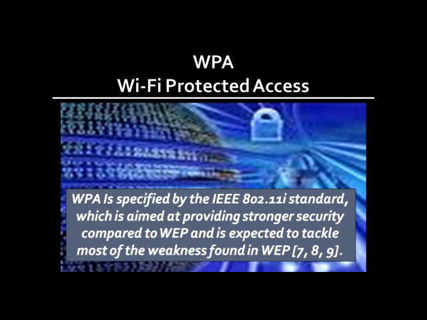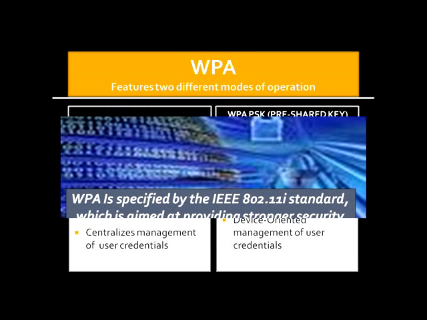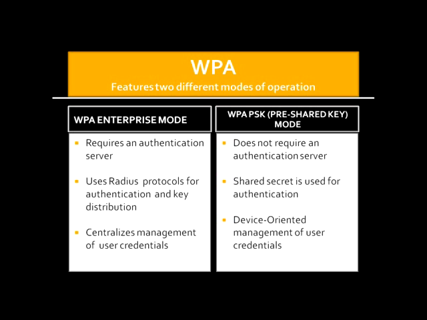WPA, Wi-Fi Protected Access. WPA has two modes. The first mode is its personal mode. The second one is its enterprise mode. The personal mode is designed for the home and the office environment. The enterprise mode operates in managed mode with the authentication servers. With this mode, you can meet rigorous requirements of enterprise security.